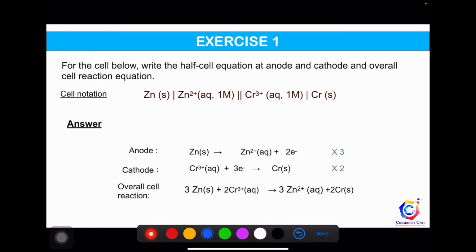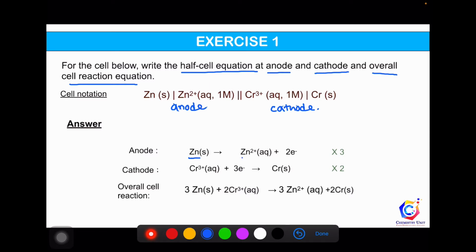First exercise. For the cell below, write the half cell equation at anode and cathode as well as the overall cell reaction equation. Here, what is given to you is the cell notation. You must recall that the cell notation is written in the format of A, B, C, which stands for anode, bridge and cathode. So, the process that is occurring at anode would be oxidation, that would be conversion of zinc